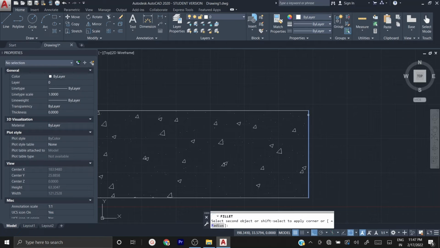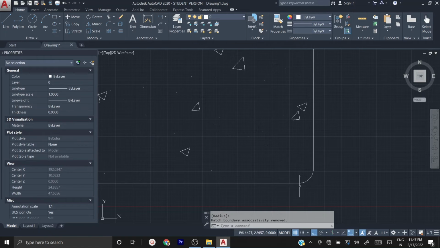Now I have to move the cursor to the second object. I have not clicked it, I have just placed my cursor on the second. If I click, the fillet will get executed. Even if I move the cursor to this bottom line, you can see the fillet, and if I click, you will get a 2 feet radius fillet.